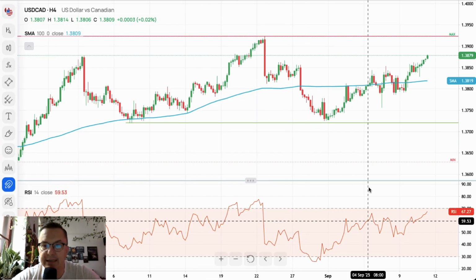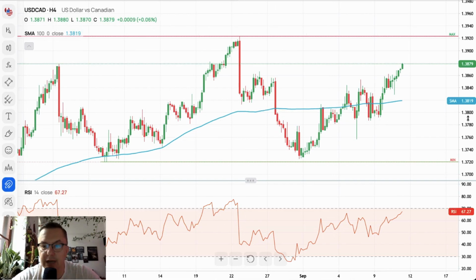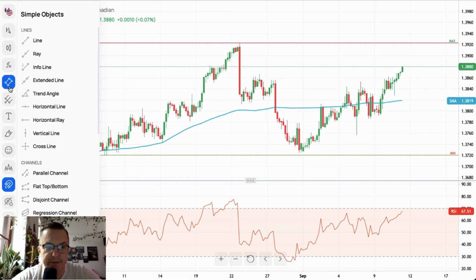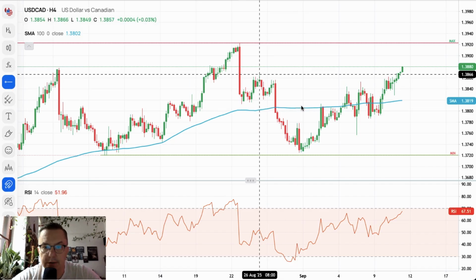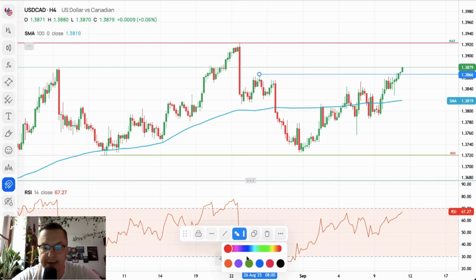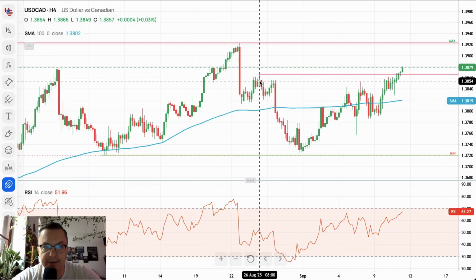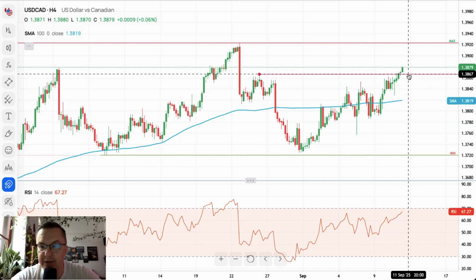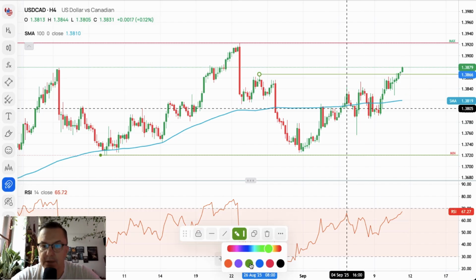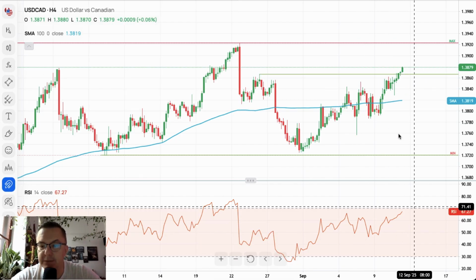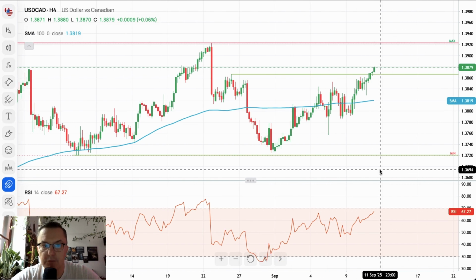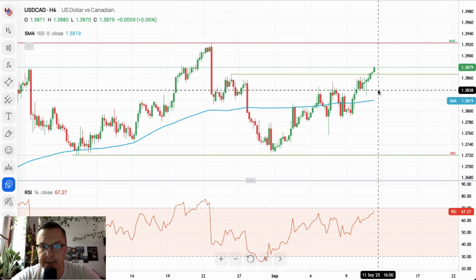US dollar versus the Canadian dollar, again moving higher. It looks like the US dollar is in a good situation these days, as it is gaining across the board. This level, 1.3866, was violated. It used to be technical resistance. So let me just change it right now to support. The market has a very strong momentum. US dollar is appreciating against the Canadian dollar.